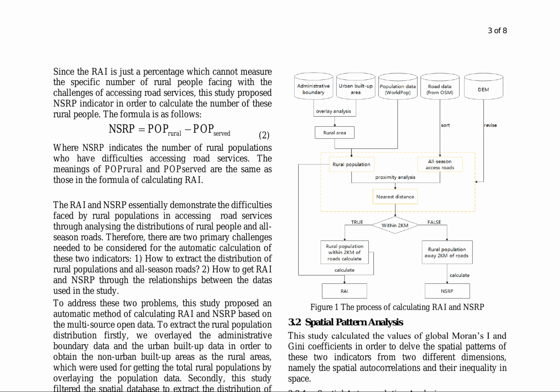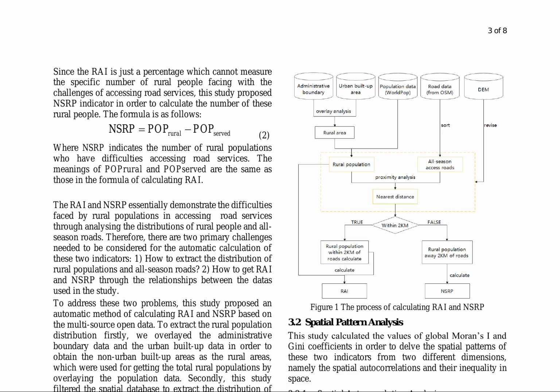A novel indicator, NSRP, is proposed to quantify the number of rural people facing difficulties in accessing road services, complementing the existing Rural Access Index, RAI. The NSRP formula calculates the number of rural populations with limited access to road services. The RAI and NSRP indicators highlight the challenges faced by rural populations in accessing road services, necessitating the development of